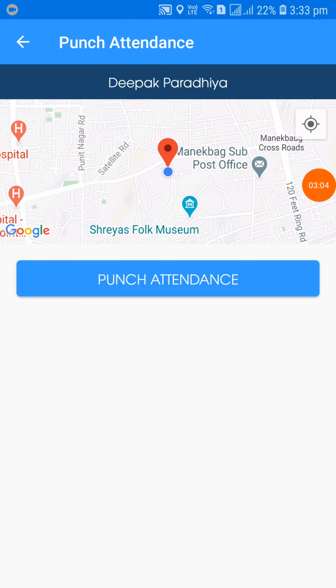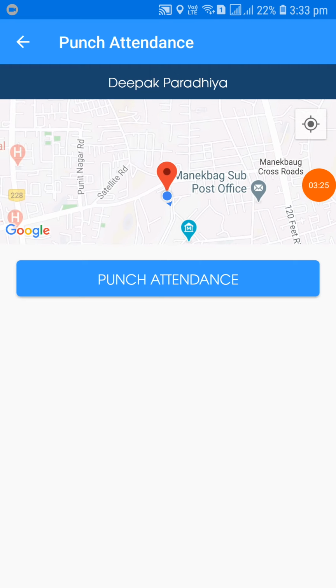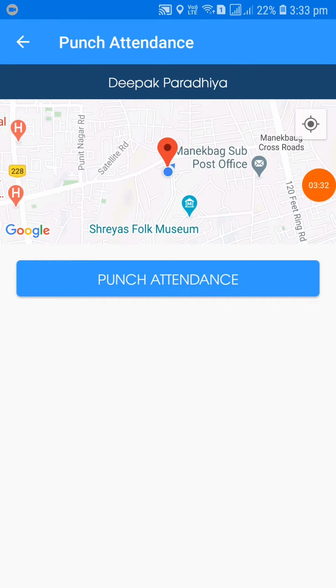This attendance section can be used for the employees who are doing field jobs. If they want to punch in the attendance, they can. It will show us the location at which they have done the punch in, and the time. Here it will show you on Google Maps which location you are at. And if the location is not getting refreshed, we click on the direction page, and then it will give you the exact location which you're currently at.